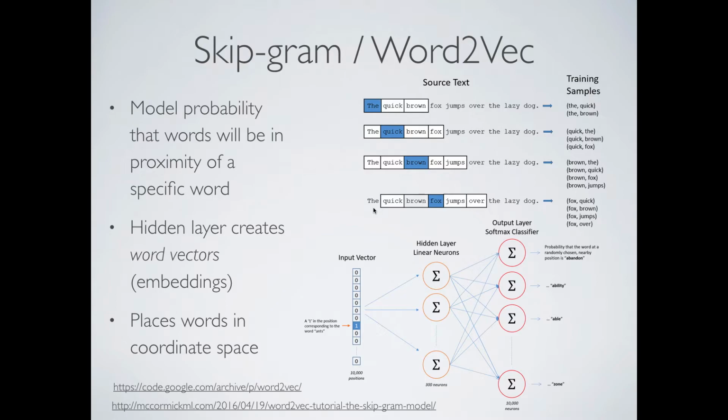What this creates in the hidden layer right here is what's called a word vector, or an embedding. Again, it's a latent feature space. This is exactly what we're talking about, because this network is trying to predict those probabilities of proximity. So now your hidden layer has an intelligent, compressed, condensed space that's able to represent words in this crazy mathematical way, which is really cool.